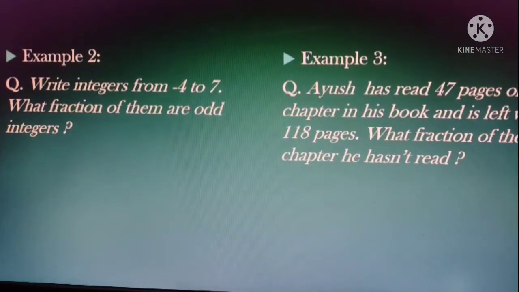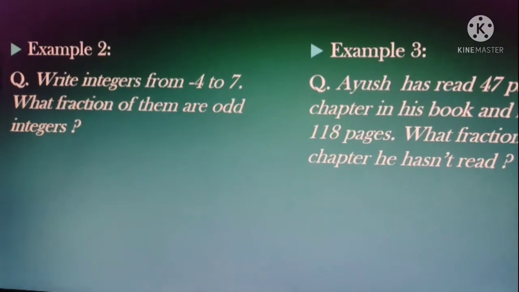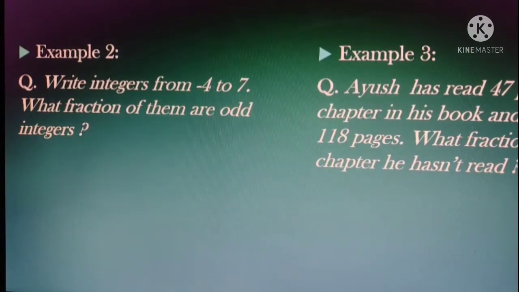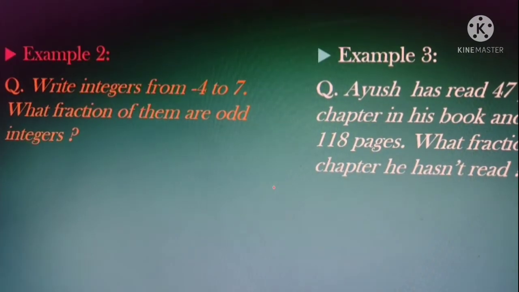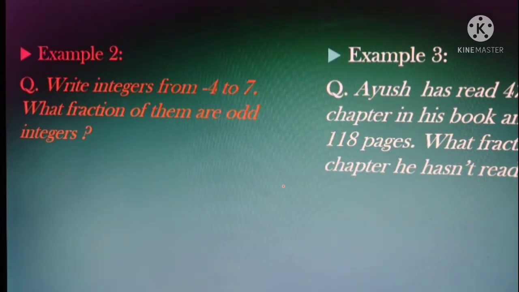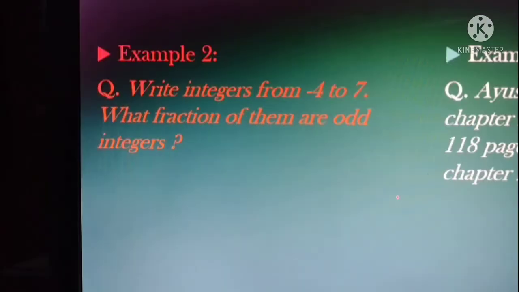So now let's see example number 2. It says write the integers from -4 to 7, and then you have to tell what fraction of them are odd integers. So first of all, the integers from -4 to 7 are